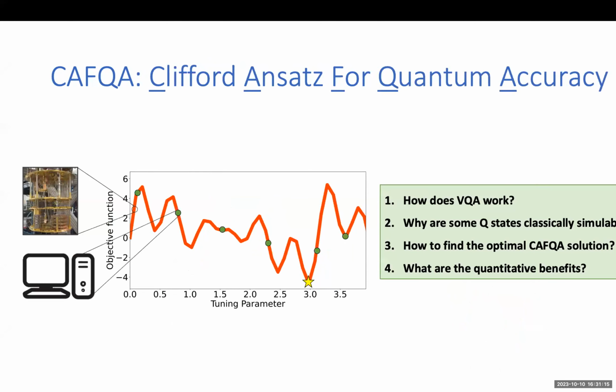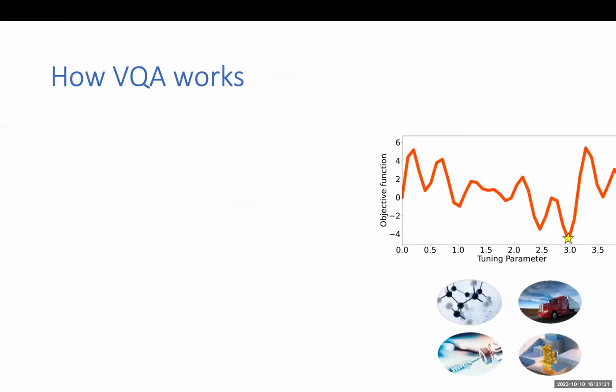Okay, in the next few minutes, I'm going to discuss how we find those points and what we do with them. So, a little more detail on how these variational algorithms work. I've already told you that basically there's this contour and you're trying to find this star. This has applications in chemistry, optimization, and much more.